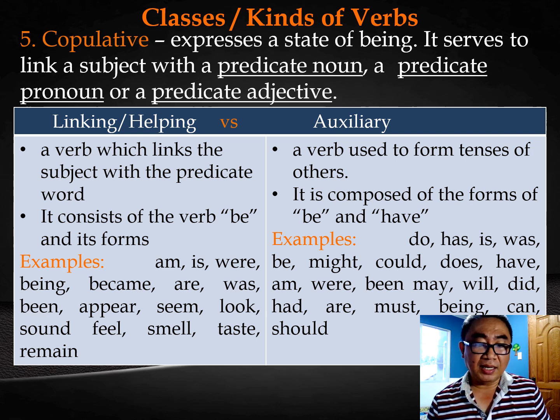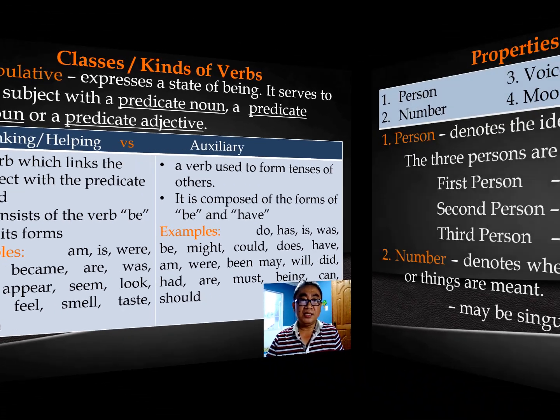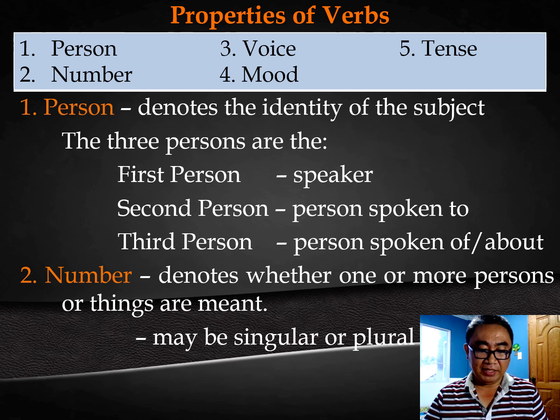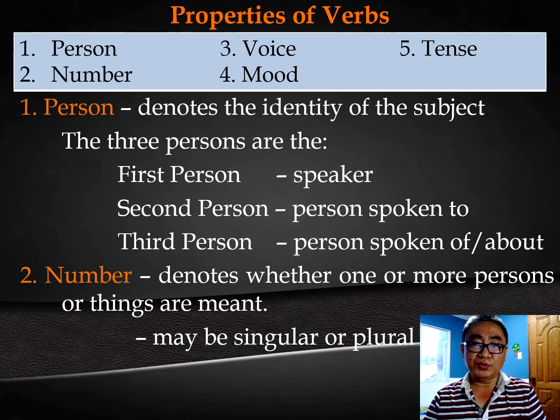So, we will go to the next slide, which is on the properties of verbs. So please take note that there are five: person, number, voice, mood, and tense. When we come to person, it denotes the identity of the subject. The true persons are first the speaker, which is the first person. Then the second person refers to the person spoken to, and the third person the person spoken of or spoken